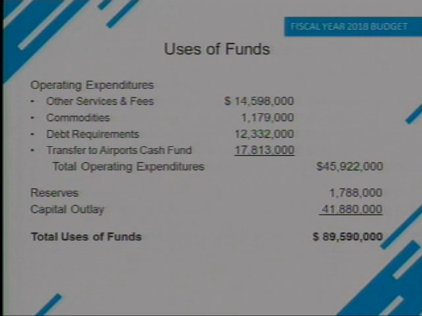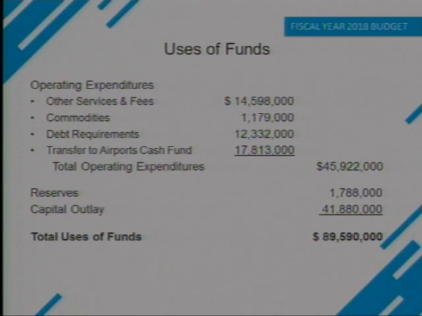Our commodities are various services and supplies, $1,179,000. Debt requirements from prior financing of previous projects, such as the terminal renovation, the most recent constructed parking garage, and the new rental car center, $12,332,000. And then the transfer to the airport's cash fund, $17,813,000. This is the department's operating account